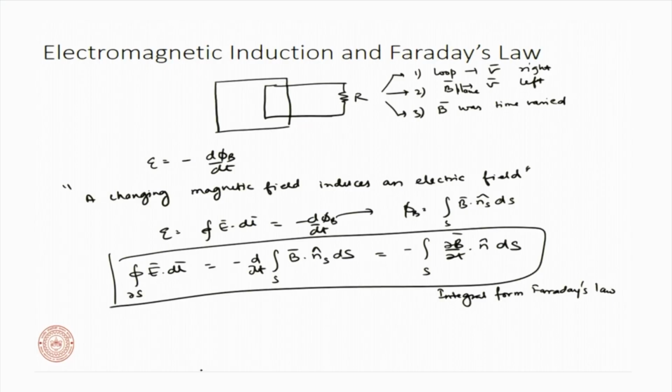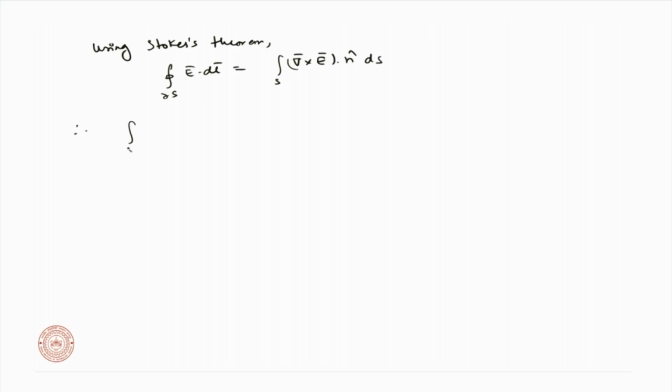The differential form for this, you can convert this using Stokes theorem. So, using Stokes theorem, our integration over a loop del S, we had E dot dl would be equal to integration over surface del cross E dot with the surface normal into dS. Therefore, integration over surface del cross E